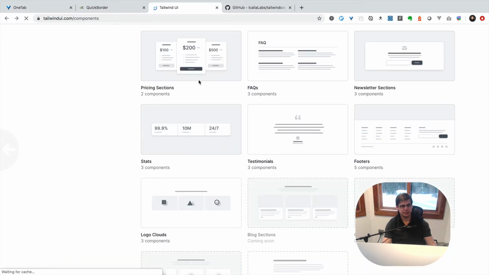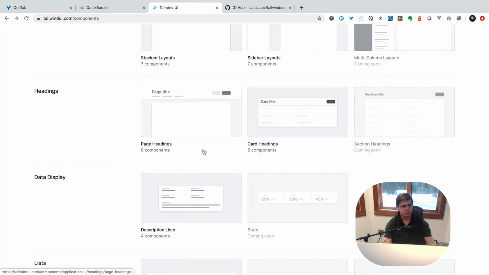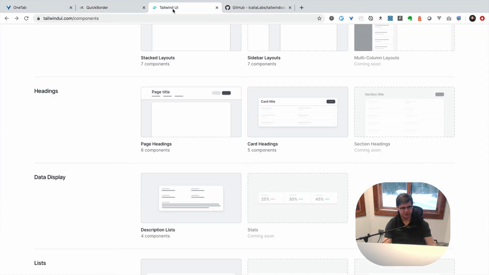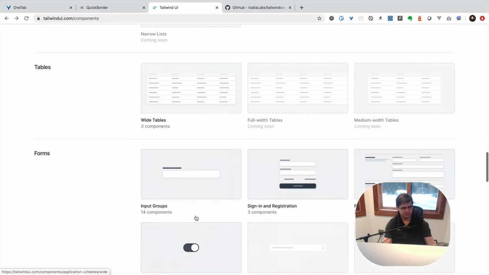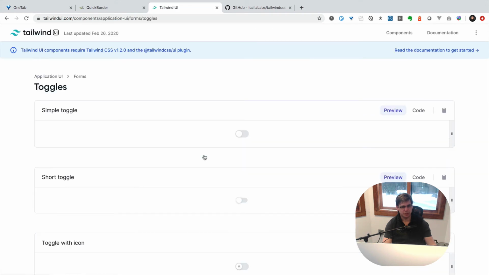Anyway, let's look at some of those application UI components. So what I did, here again is my app, and I just grabbed this, but I also grabbed this. What do we call these again? These switches? I have to see what it's called here. Where did I get this? Okay, toggles. So I just wanted to grab a toggle because I wanted to make sure that there's a